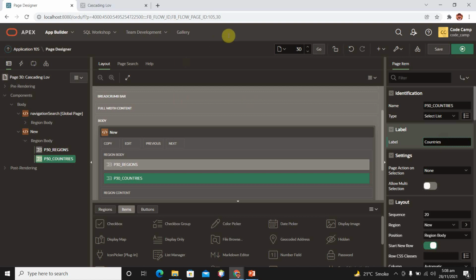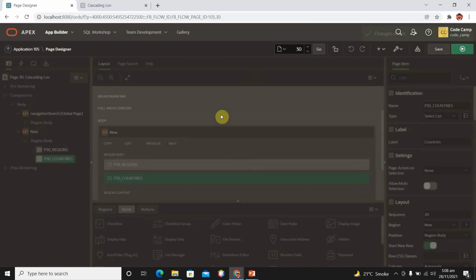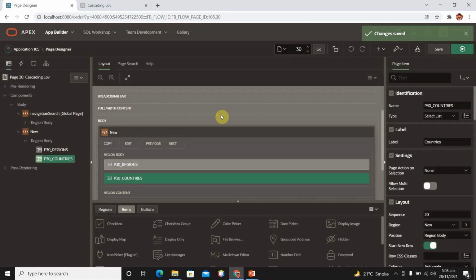Now we want, whenever I select regions, countries of that selected region should be shown in our countries LOV.